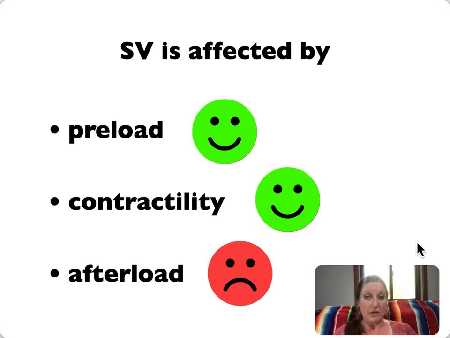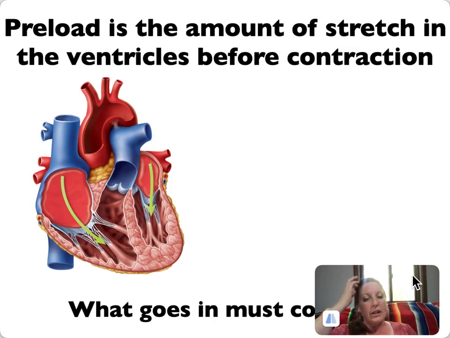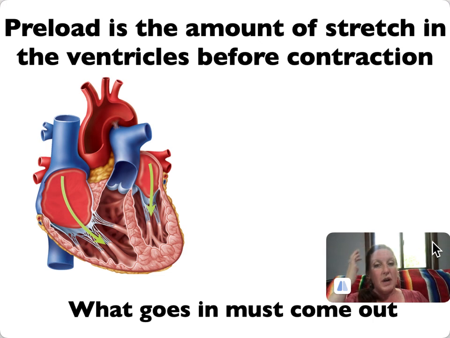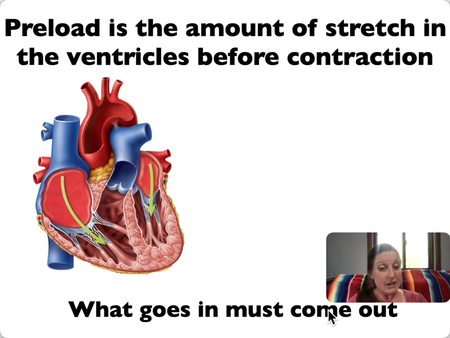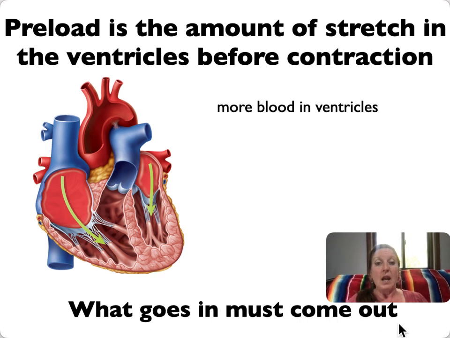All right, let's look at each one of these by itself. Preload is defined as the amount of stretch in the ventricles before contraction. So what causes stretch in the ventricles is the blood that's coming into the ventricles. And the ventricles are not designed to hold or store blood. So what goes into the ventricles must come out. So when there is more blood in the ventricles, say because you're exercising and those skeletal muscles are squeezing blood and it's coming back to the heart in a higher volume than normal, that's going to cause the ventricles to